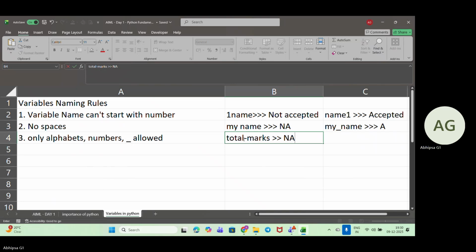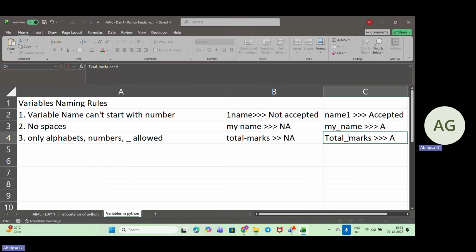Now, if my name looks like total_marks, it is acceptable.